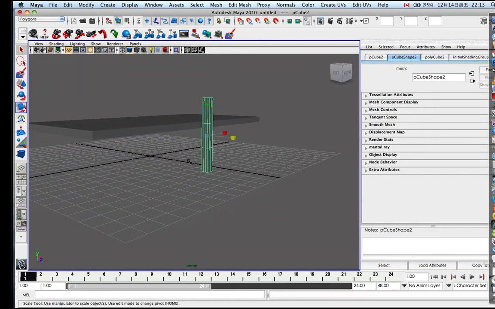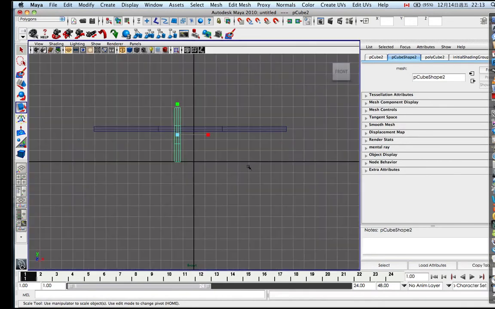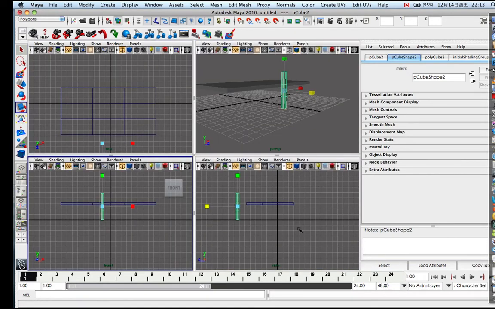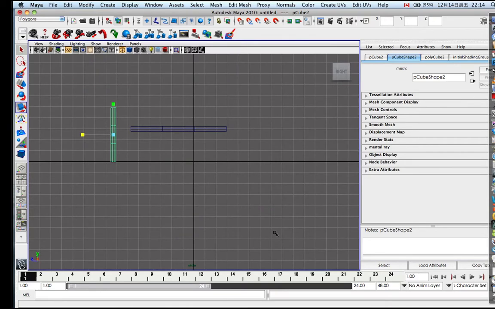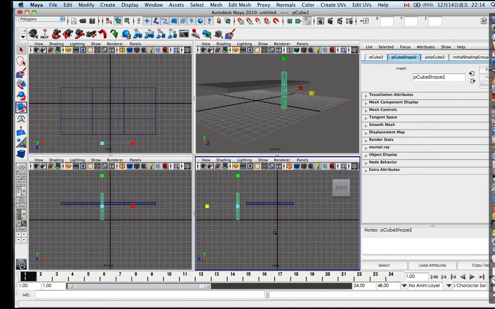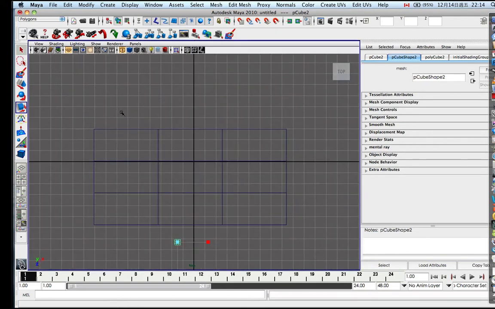Okay, now go to your 4 view. You can either press space button, or you can control it by here. So pressing this one is the same as space. Now remember, once you put your mouse on the side and click space, it will go to the side view, and once you click space again, it goes to the full 4 views window. Once you put your mouse on the top view window and press space, it will show you the top view